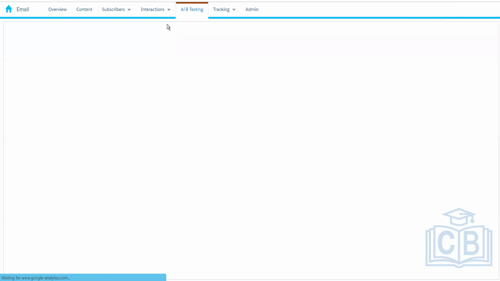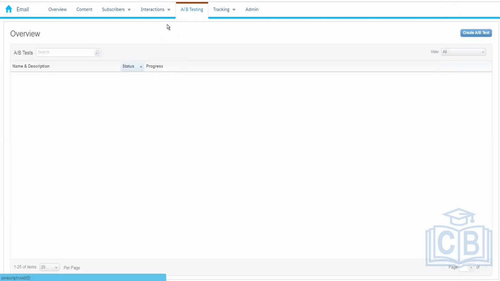So the exclusion list is also used to exclude subscribers. Now what is the difference between the suppression list and the exclusion list? Because functionality-wise, both are the same. Both are used to exclude subscribers. But the suppression list has a different physical existence, and we use it generally to